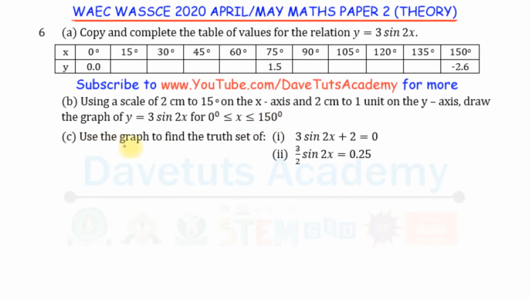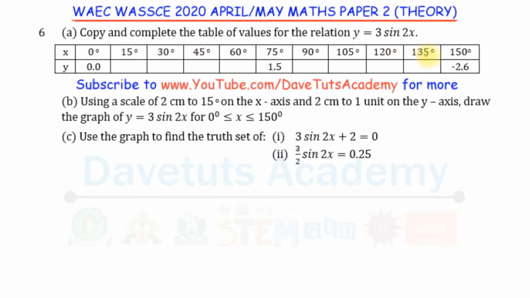Okay, so we are to use a graph to find the truth set. This statement means that we should find the solution of these equations, and in the first case 3 sine 2x plus 2 is equal to 0, and 3 over 2 sine 2x is equal to 0.25. So like we're told, our first mandate is to copy and complete this table of values for the relation y is equal to 3 sine 2x, and we are going to be taking values of x from 0,